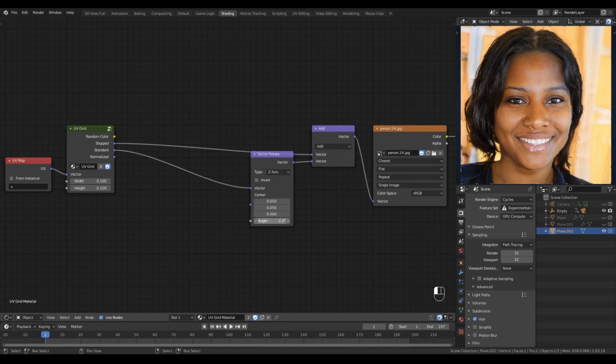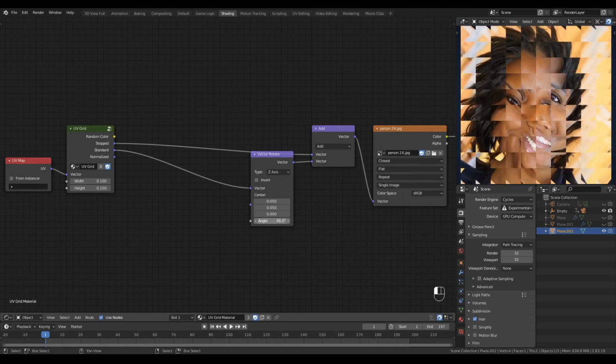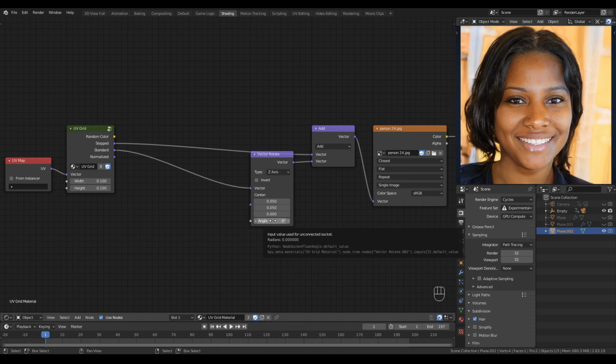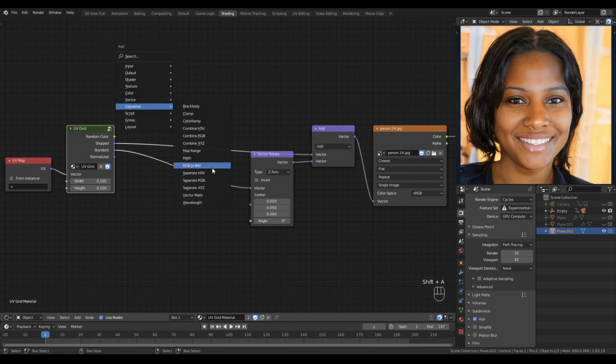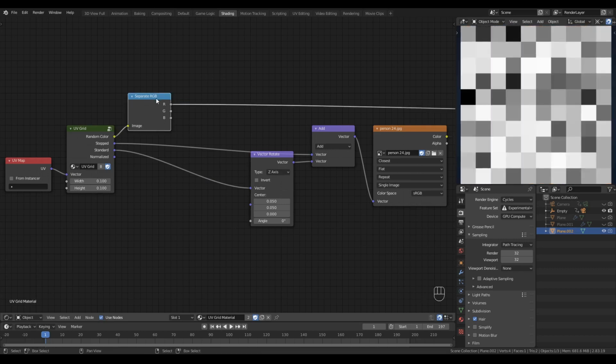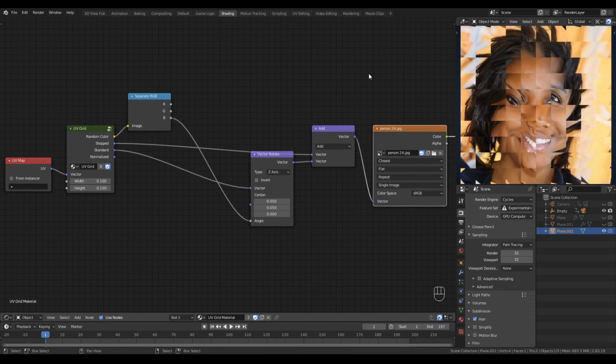The tiles, however, are all rotating in the same way and by the same amount, i.e. the angle that I input here, which is certainly useful and maybe what you want, but it might be more interesting to add some random components to these transformations, and we can do that with our random color. So let's grab a converter separate RGB node to break apart the random color. So now we have 3 sets of random values to use, and we can plug a random value, for example this blue value, straight into the angle input of our vector rotate node,